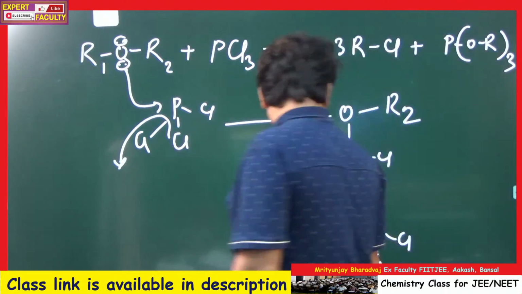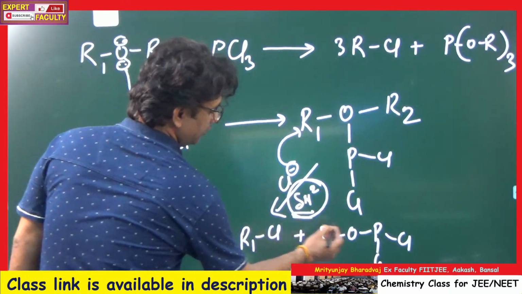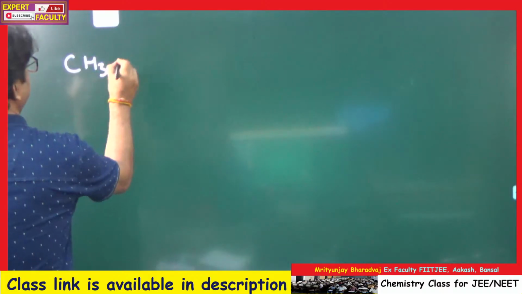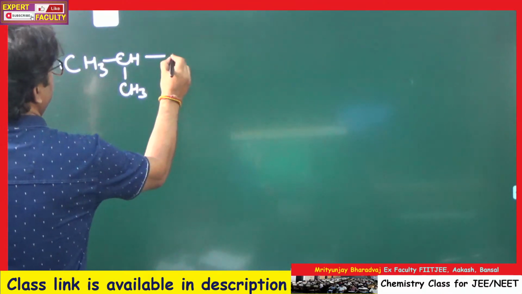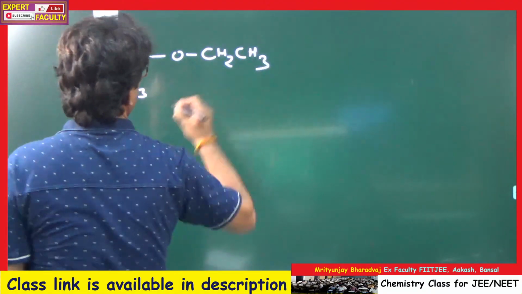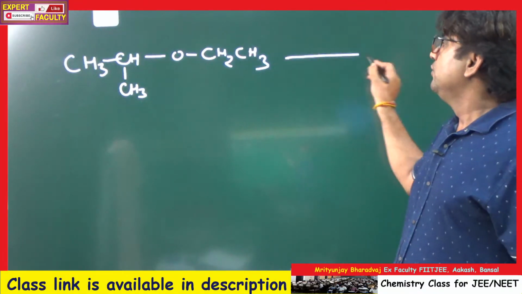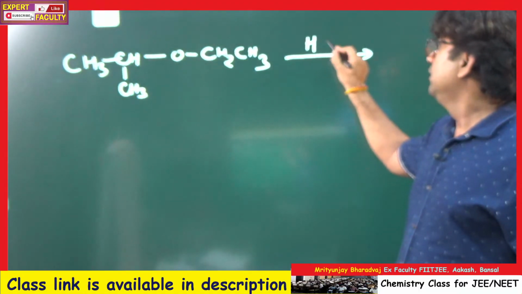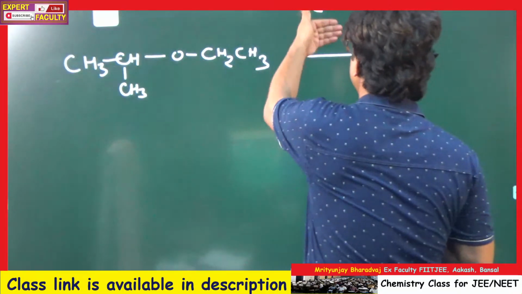Now we take an example. Keep in mind the process is SN2. Suppose we have CH3, CH, CH3, O, CH2, CH3. Okay, this is the alcohol we have. Now, if we react this alcohol with PCl3,